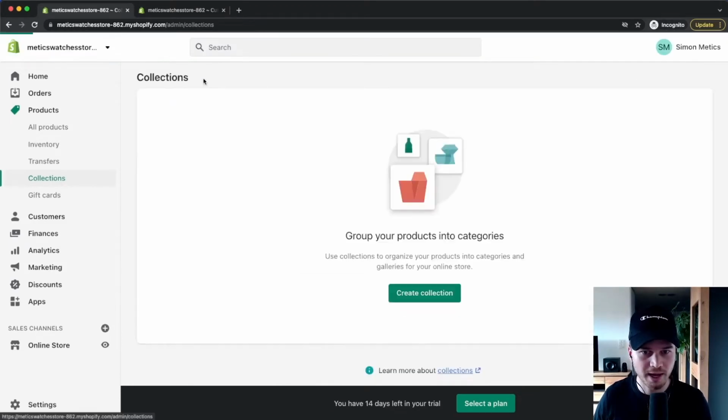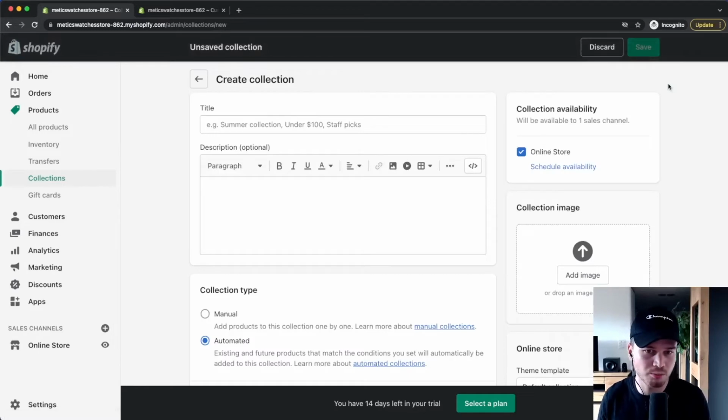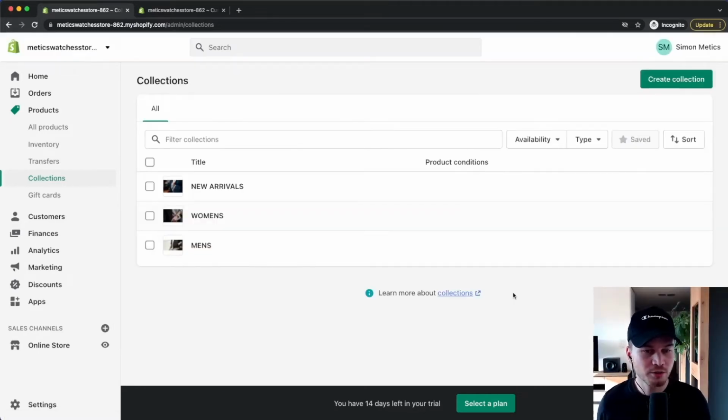Then we can go back right here to our collections and we can see that we have set up a new collection, men's. And now we can do the same process for all the other collections that we want to add on our store. So we can simply go to create collection here on the top and then go through the exact same process. So now I've added 3 different collections,